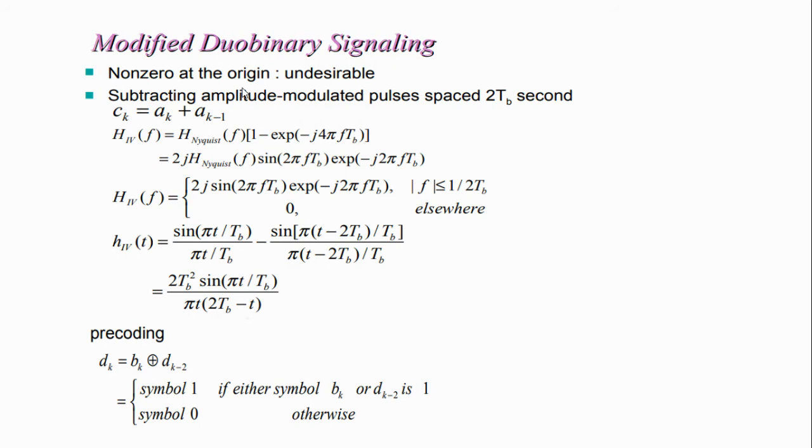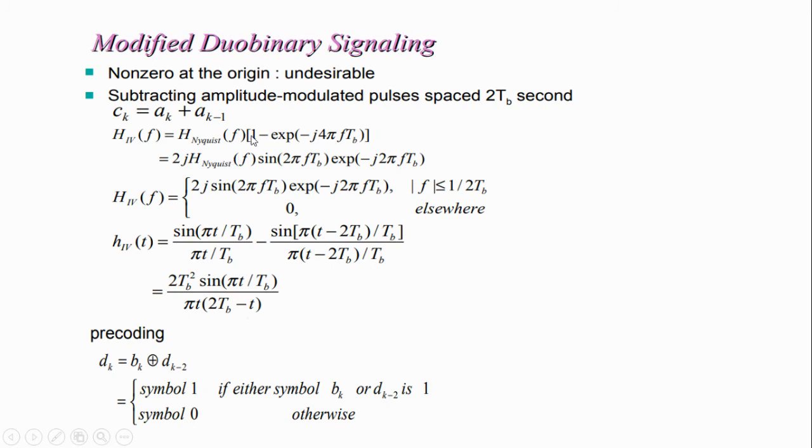The class 4 function is equal to H Nyquist of f times 1 minus exponential of minus j 4 pi f Tb. Then we know that here we take e power minus j 2 pi f Tb outside. If we take e power j 2 pi f Tb outside, we will get